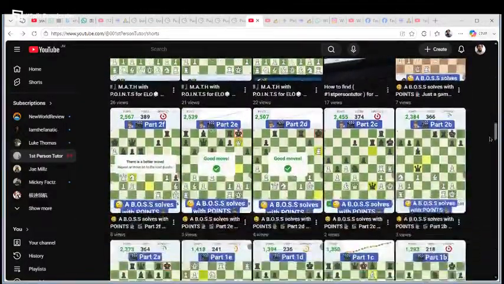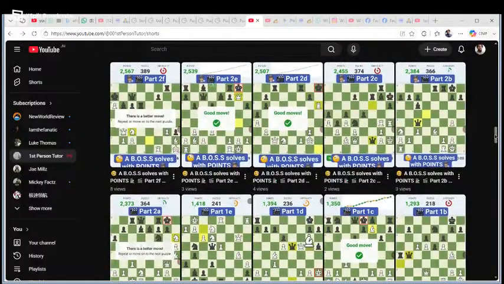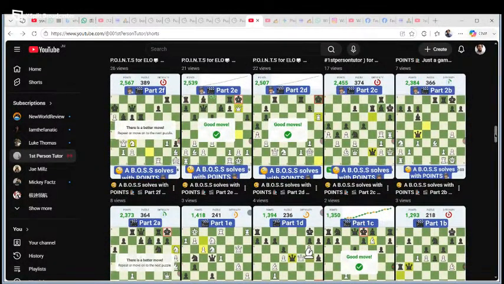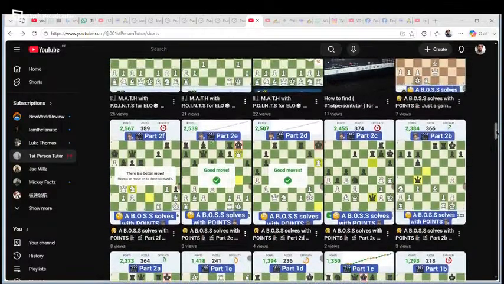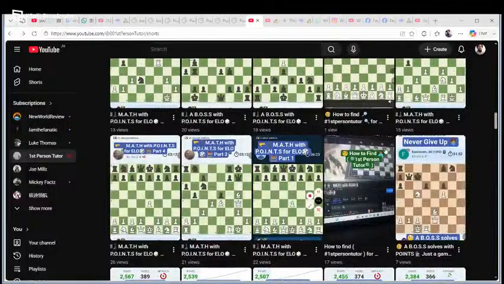A lot of these games that you see here, well, all of these are puzzles that I solve on the Checkmate app, right? I used to try and record some of this while going live, but the Checkmate app has too many ads and I don't have the paid version of it yet, so I'm going to focus on just using recordings of those. Let me see what this looks like.